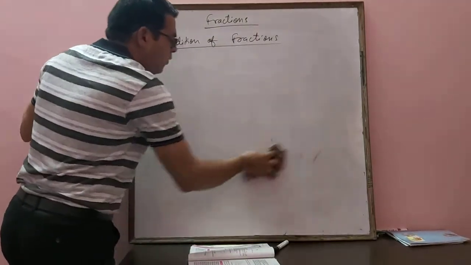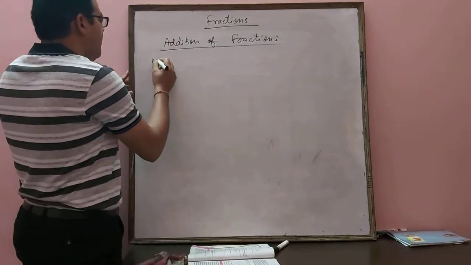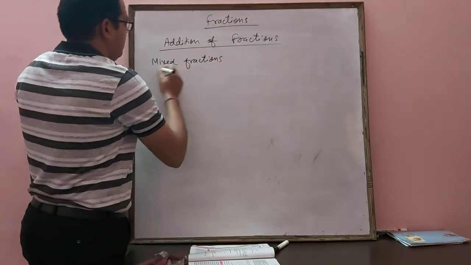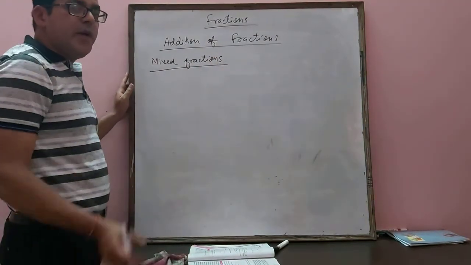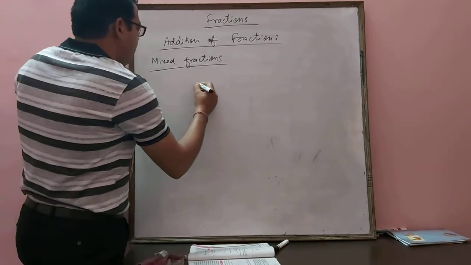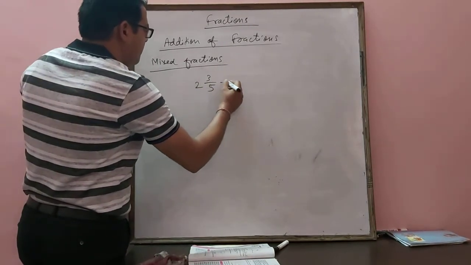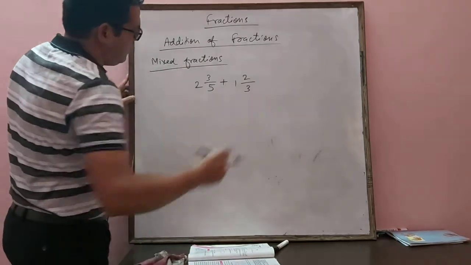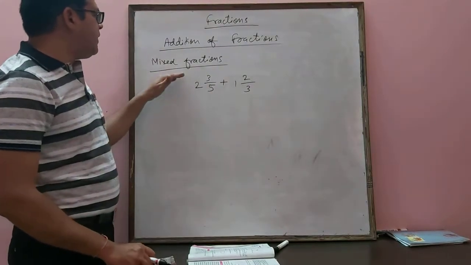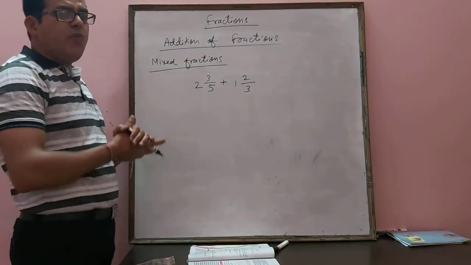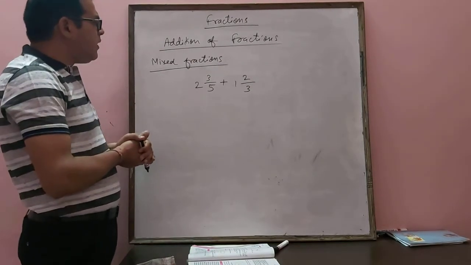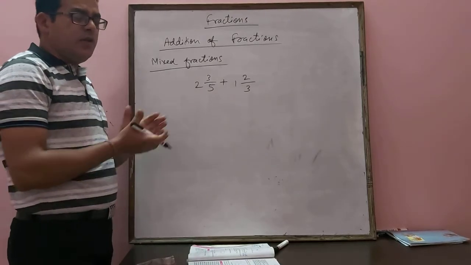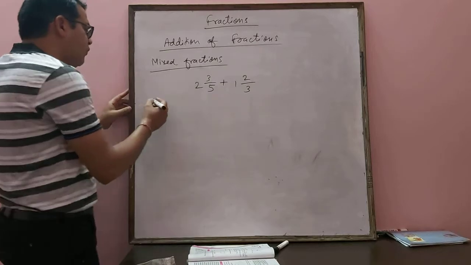Right? Now, we will add mixed fractions. We will add mixed fractions together. Suppose I am taking 2 whole 3 by 5 plus 1 whole 2 by 3. You can see here, these are mixed fractions. How can we add these fractions? There are two methods. We will discuss these two methods today. So the first method is,